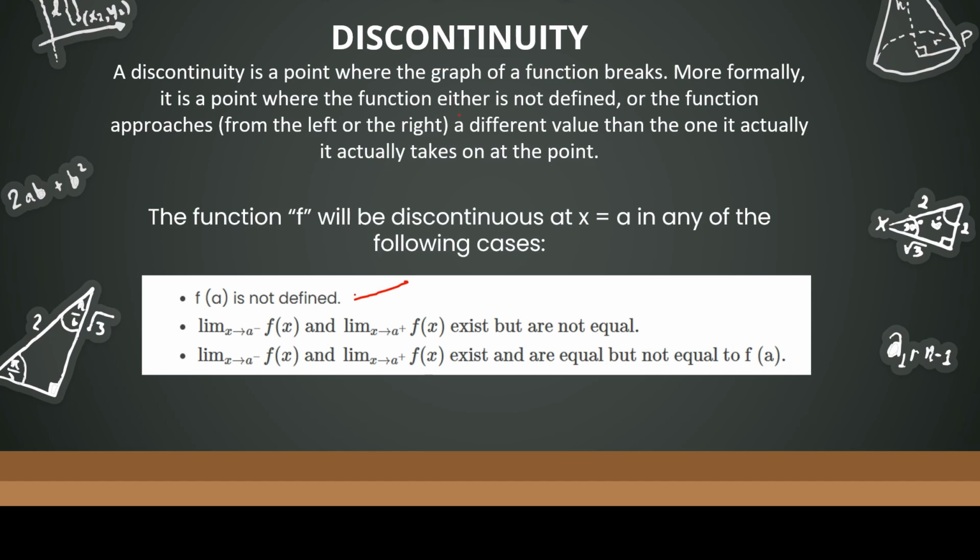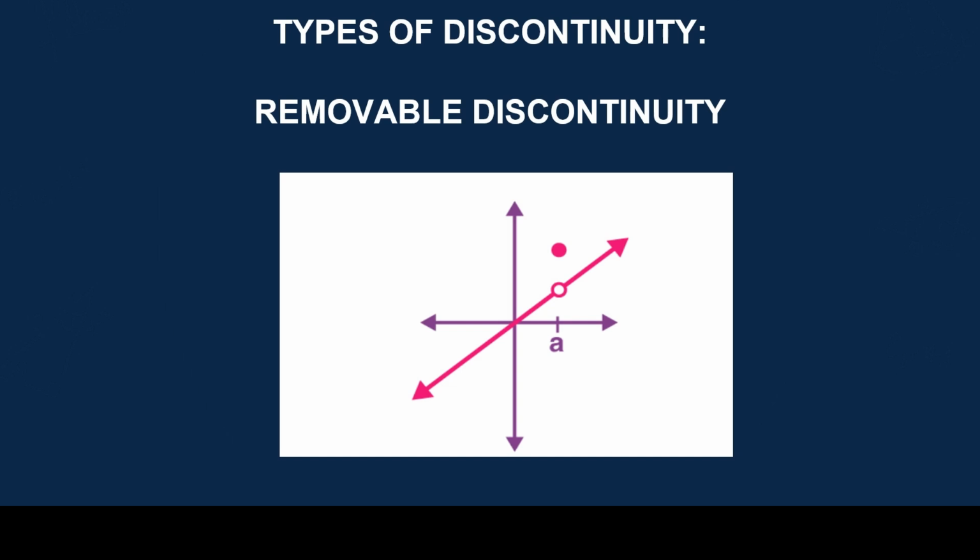Okay, so now let's talk about the types of discontinuities you should know. Let's go through them one by one. Let's have removable discontinuity. This happens when a hole appears in the graph. The limit exists, but the function value is either missing or different. For example, a function has a hole in the graph because the function is undefined there.